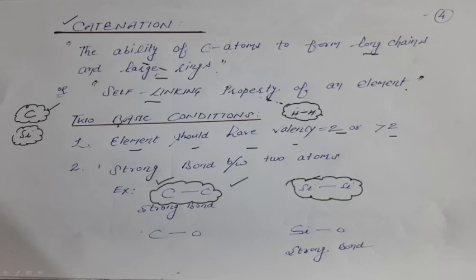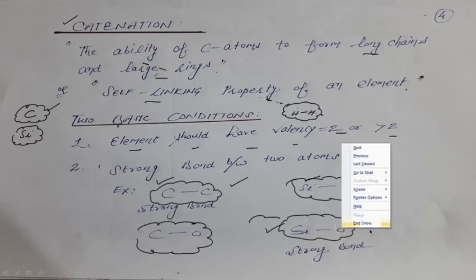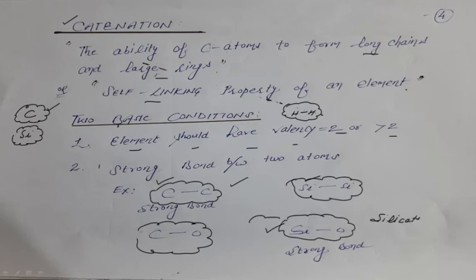But with silicon and oxygen, this linkage with the heteroatom is strong as compared to carbon and oxygen. So that's why silicon in the oxide forms what we call the polymers of silicon. These are known as silicates, and silicates are actually the polymer forms of silicon in the oxide forms. In the next,